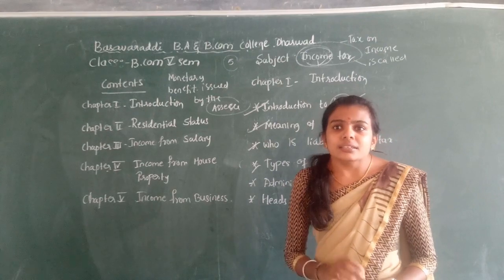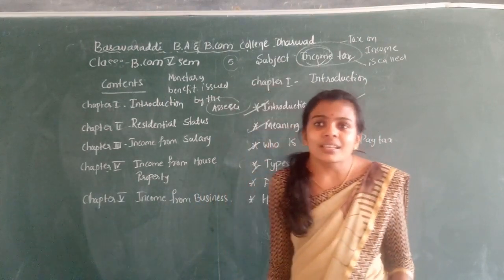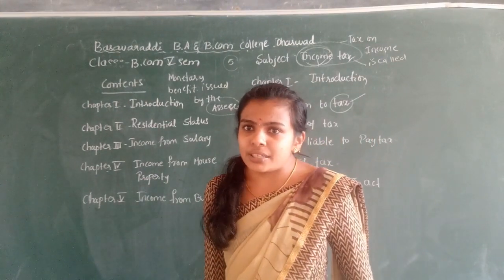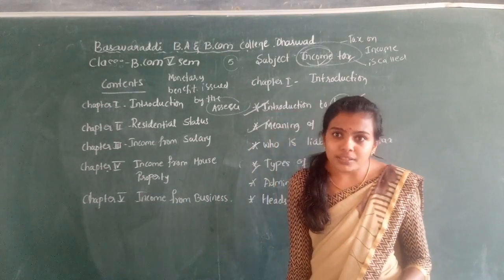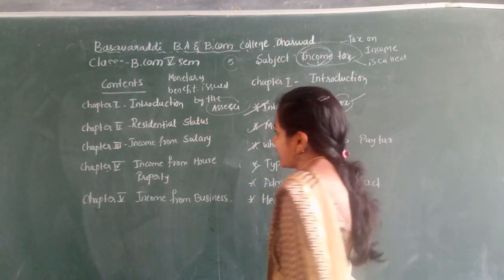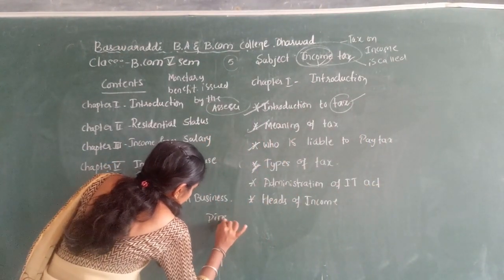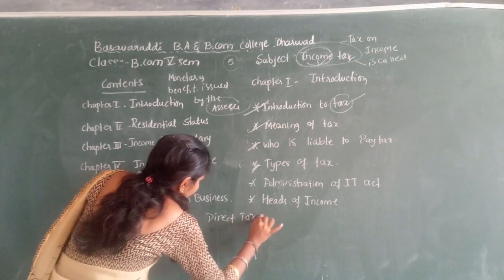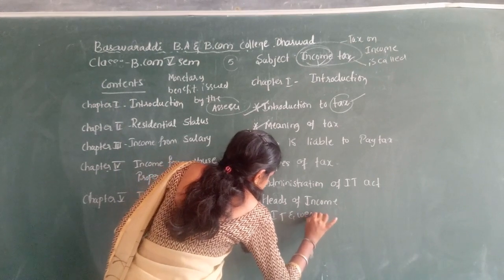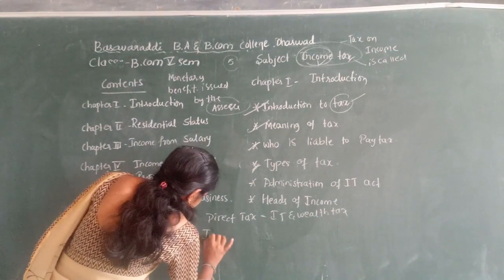Indirect taxes are applied on the manufacture or sale of goods and services. The burden of the tax is transferred from one person to another person. When the tax is imposed on one person but it is paid by another person, it is called indirect tax. Direct tax and indirect tax. Direct tax examples: income tax and wealth tax. Income tax and wealth tax. Indirect tax examples: